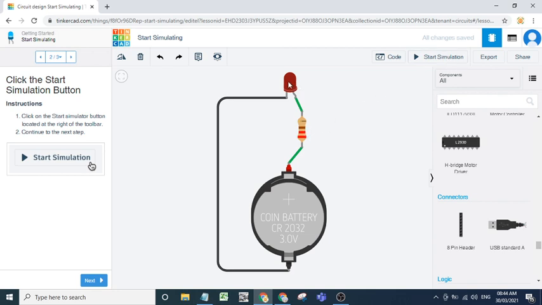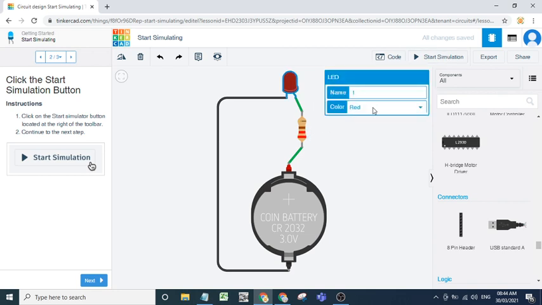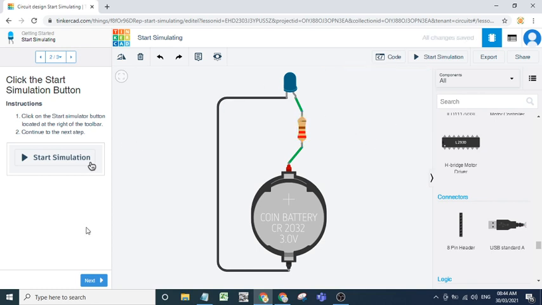Now if you click on LED, then you will get the parameters of LED. You can make this green and then start simulation. So LED turns on, stop. If you want to change the color, just make it as per your requirement. So suppose blue, start simulation. Okay, if you click on resistor, you can change the value of the resistor. Right now it is 220 ohm, so you can change the value from 220 ohm to kilo ohm and nano ohm, like this. So this is a simple circuit.